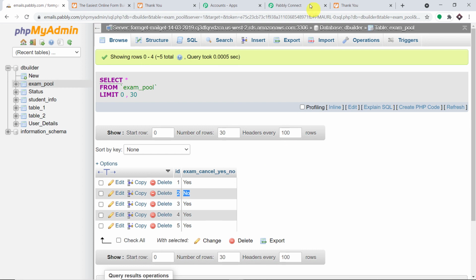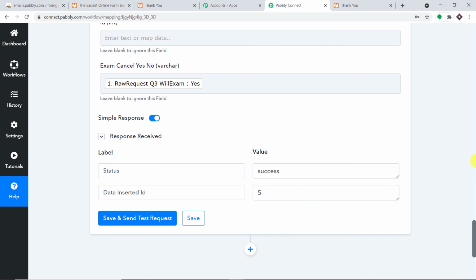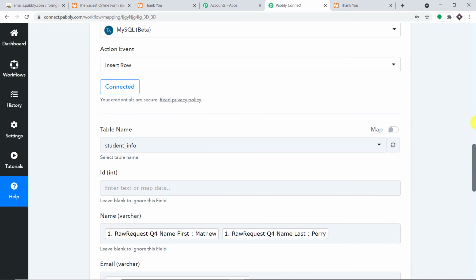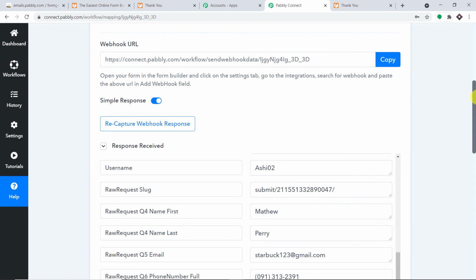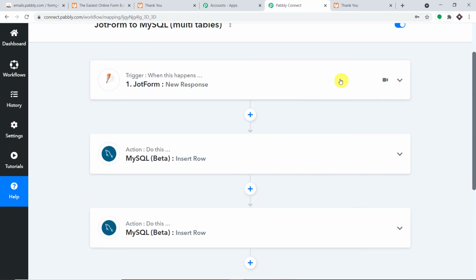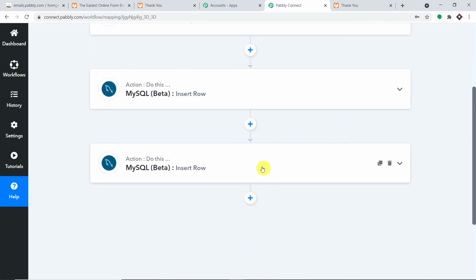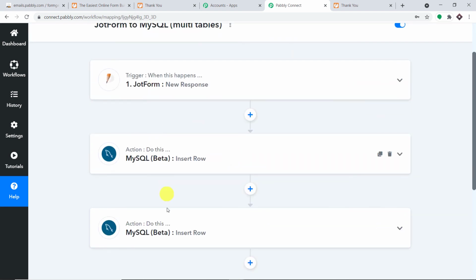Now before you leave, let me take you back to Pabbly Connect and explain the whole mechanism in a nutshell. Let me minimize all of my windows one by one. Okay, so I have minimized it. Basically this is the whole process in a nutshell. First you integrated JotForm to Pabbly Connect, and then you made sure the data you received from JotForm is inserted into a table of MySQL. Then you selected one more table, and after that you inserted another row for a particular table. So now there is a perfect flow of data between JotForm and MySQL. Excellent.